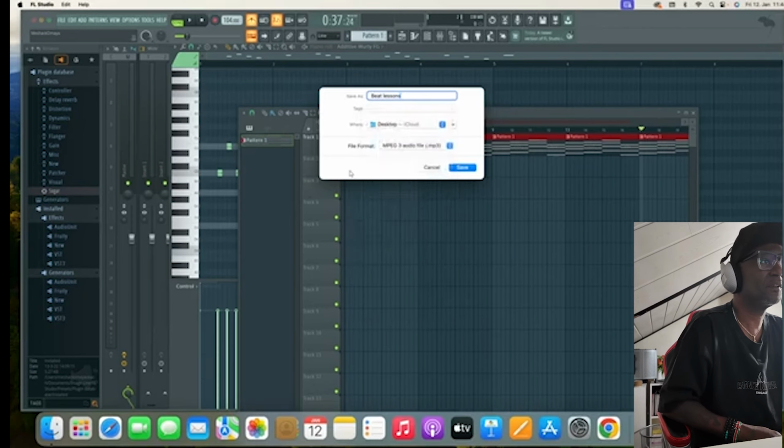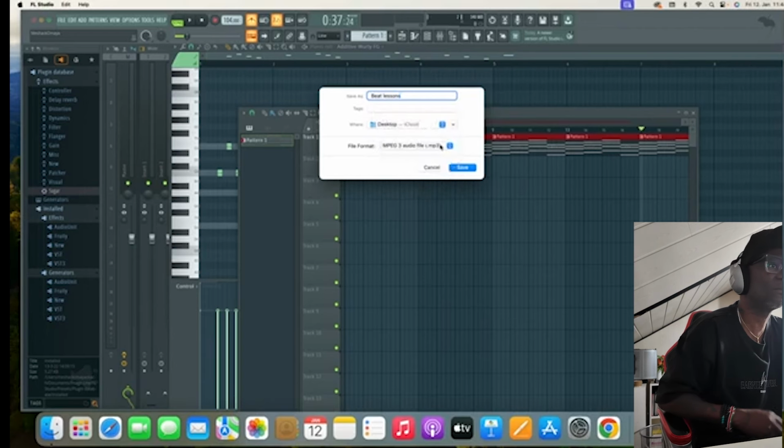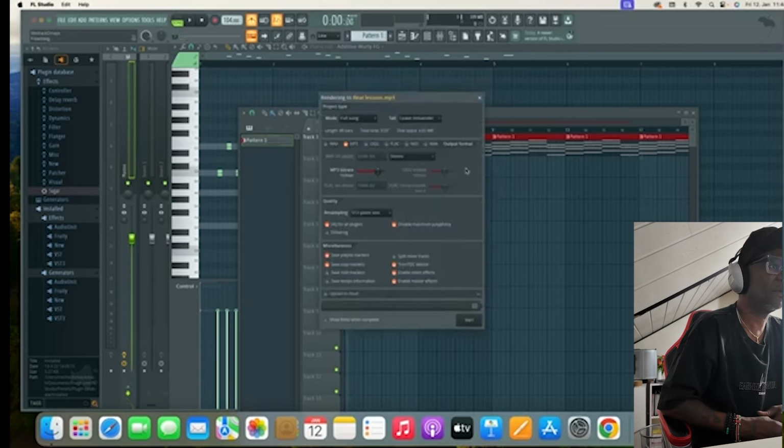File, MP3. That's where we are going to store it, but there are different kinds of files here. MP4, MIDI file, different kinds of audio files. So I'm going to click save, and when I click save, this window is going to open up, and